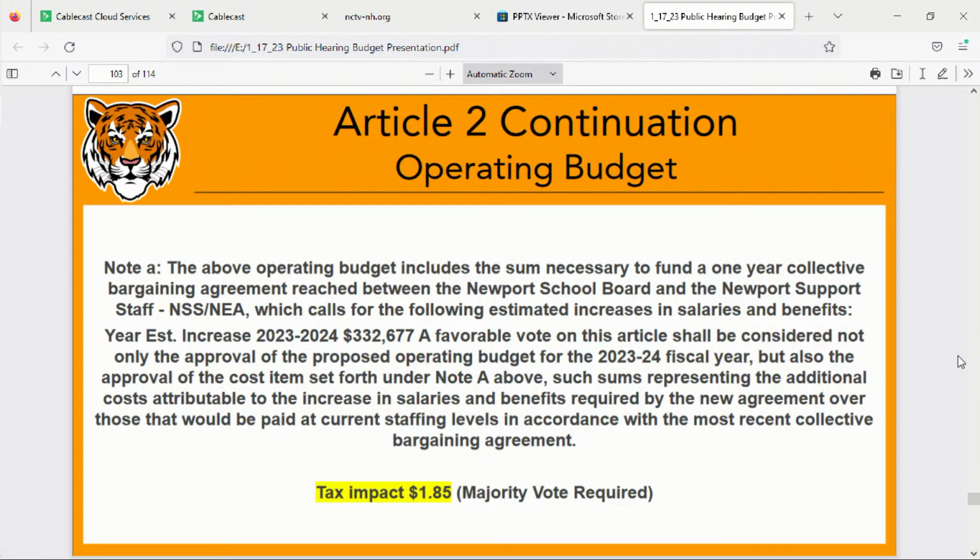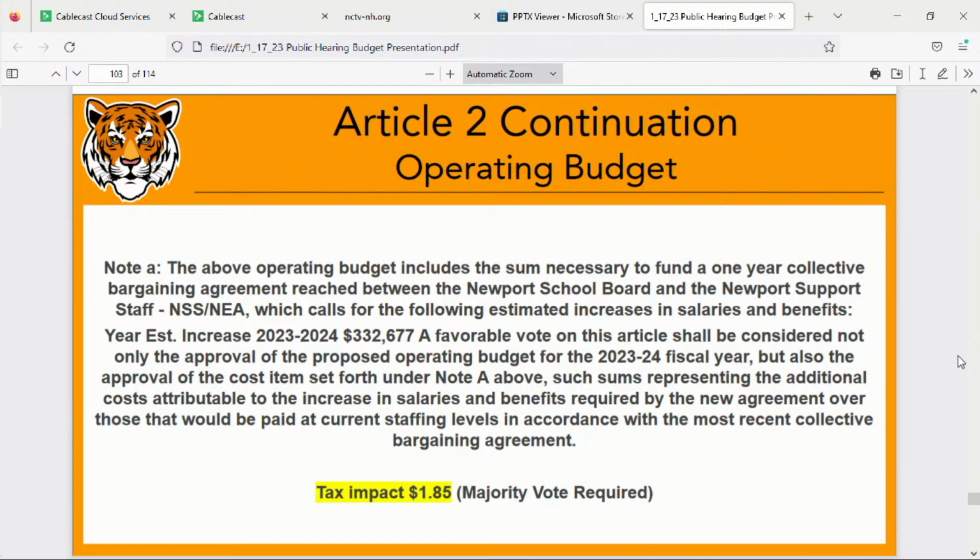What I was told by the school district attorney is we have to do basically a snapshot in time. So when we negotiated the contracts, that was the amount. And then the budget now has some added positions, which made it change a little bit, because people have left. Okay, I apologize. So the year estimated increase for 2023-2024 is